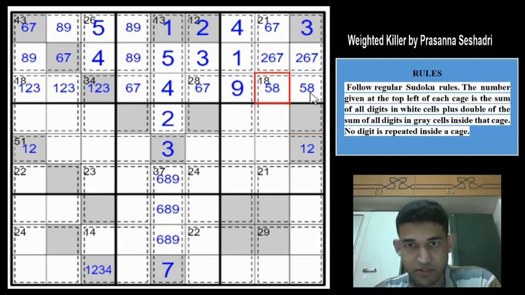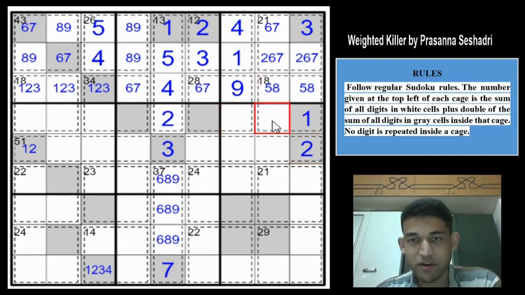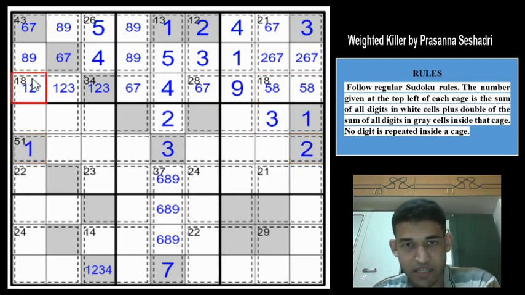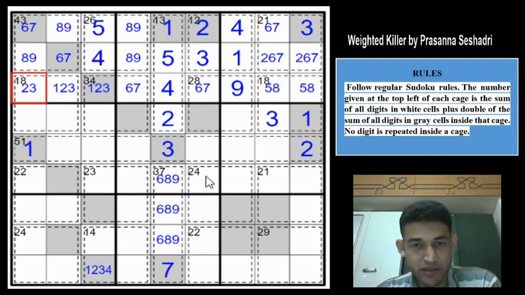And we need 5 more from these cells because we already have 13, and you can't have a 2 or a 3, you can't have a 4 obviously because that will be 8 then. So you need to have a 1 here, a 2 here, because of this one we get a 2 here, and this one becomes 2 in total, and we need 3 more to satisfy the cage. Perfect guys, what a construction, amazing construction, really neatly constructed. So you have a 2 here, so that gives a 1 here, and that eliminates the 1 from here. This will be a 2 or a 3, and this 4 eliminates the 4 from here.